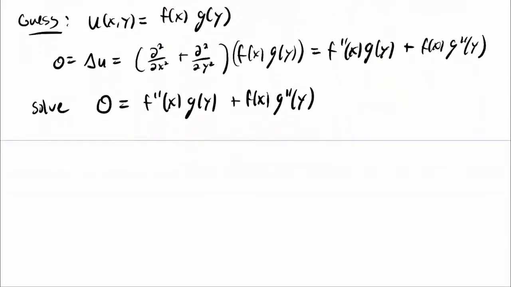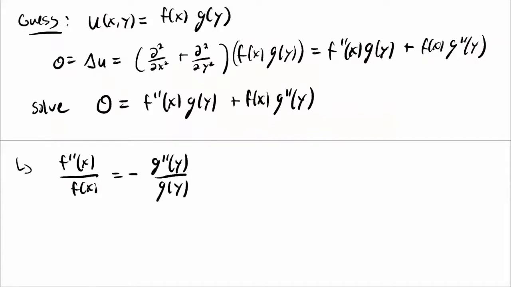What we're going to do is try to separate the variables and bring everything depending on x on the left-hand side and everything depending on y on the right-hand side. Well, if I try to do that, I need to have f prime prime of x divided by f of x equal to the negative of g prime prime divided by g. Since the left-hand side depends on x and the right-hand side only depends on y, and these are two separate variables, this can only happen if they're both equal to some constant, say alpha,